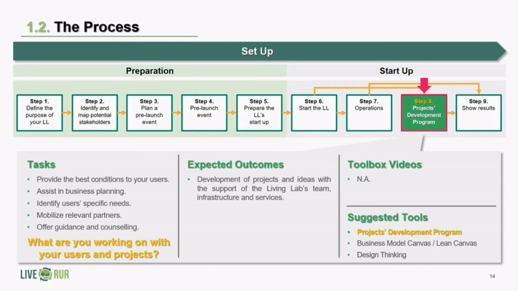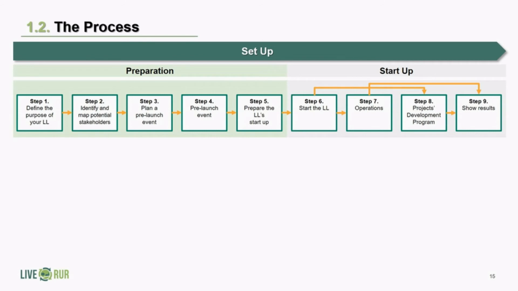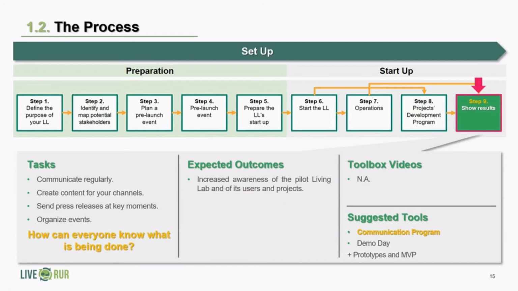When explaining the complementary programs, we will be looking at a specific methodology for the development of new projects. But you should be mindful that each Living Lab has its own characteristics and may need or want to adopt a different program. The final step of the process is to show its results. It is important that your community, your stakeholders, and all other potentially interested parties know what is being done and achieved. Showing off your innovation outcomes is the best way for mobilizing more people to participate in the Living Lab.